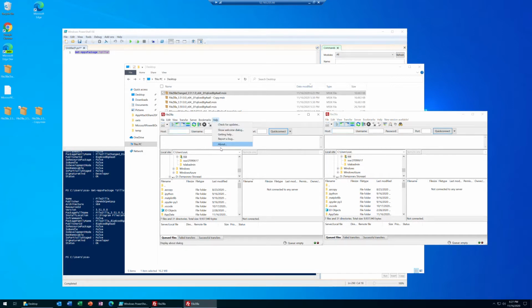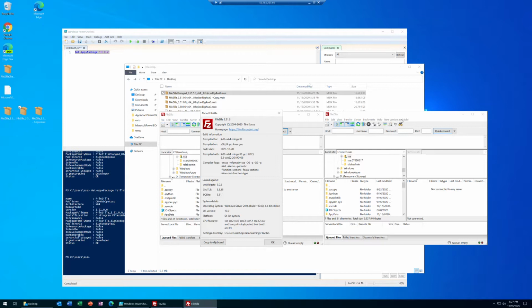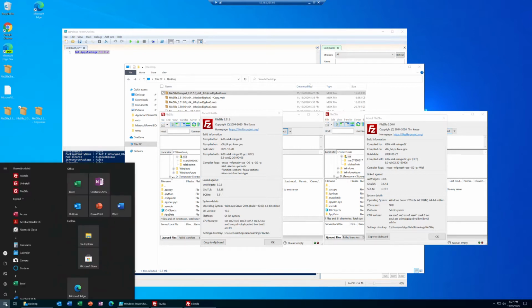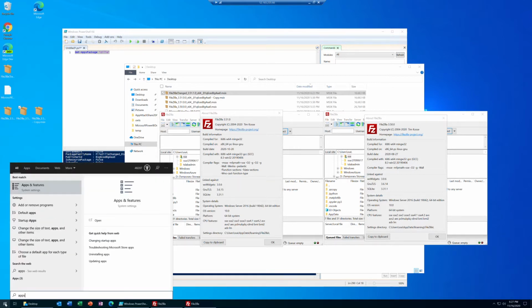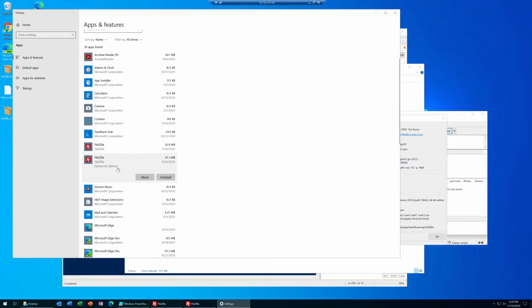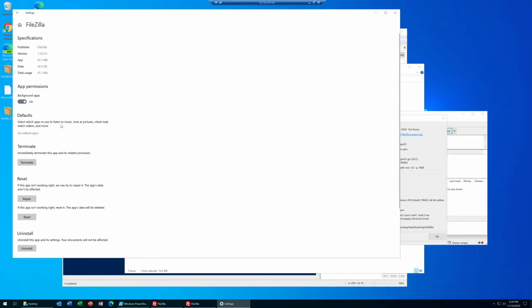Let's go check this. About, 351, okay, and this should be 350. Let's go into apps and features. Do we have two FileZillas? Yes. What's the difference? If you go into advanced options, 350